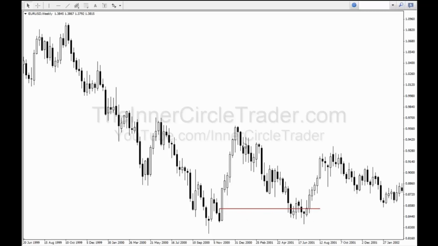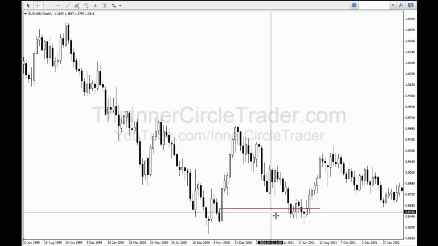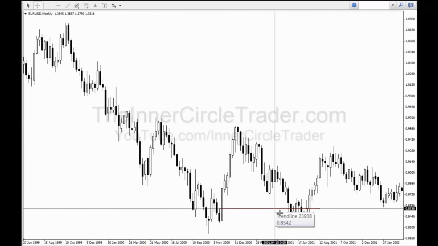Price comes down into it rather handsomely, and then once we form a solid swing low in here with a confirming candlestick, not that I have a whole lot of faith in candlestick patterns themselves, but we have a nice hammer in here, and you see price has a really respectable rally. We're going to assume that any long taken right at the order block, at 85.42 on the weekly chart,